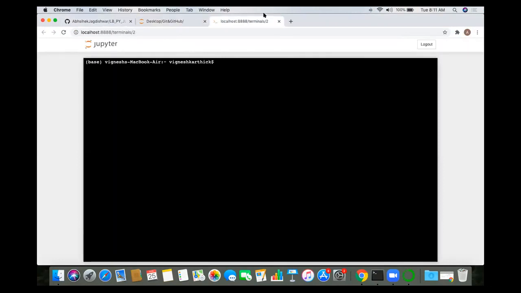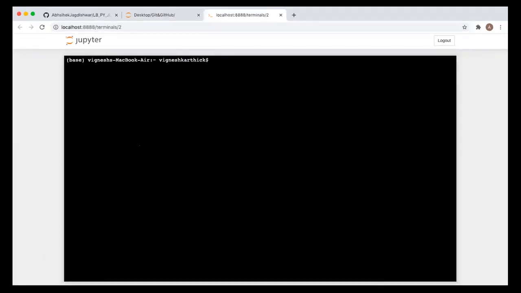Now here you may write, okay, so first you write git config. So you need to set up your account. So first you write git config --global, and then user.name, and write your name in the double quotation. Okay, fine.